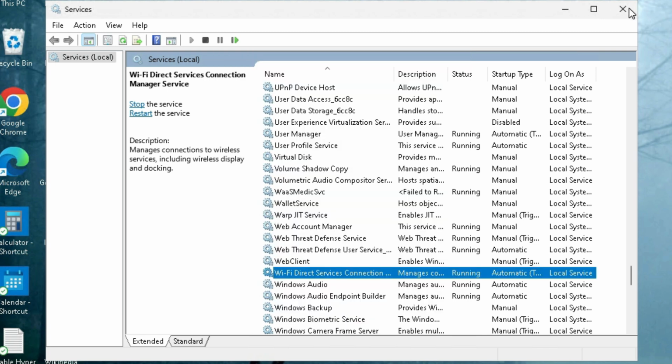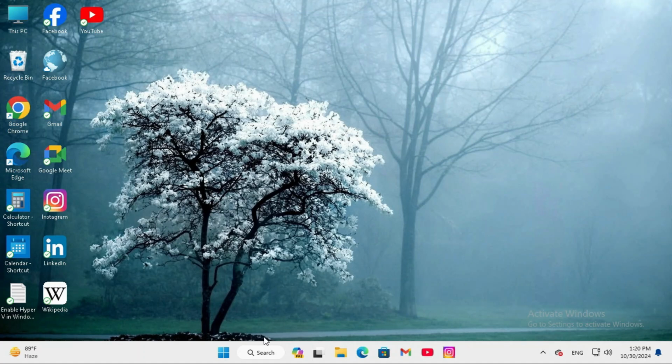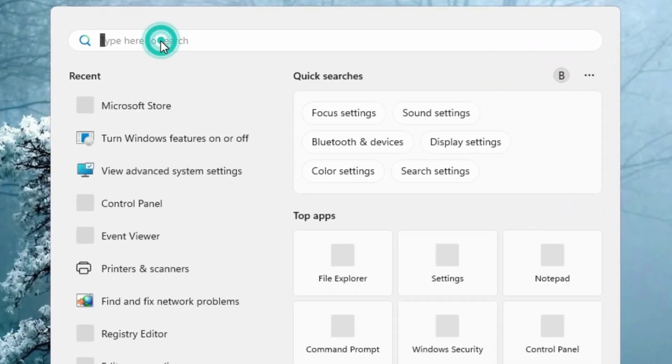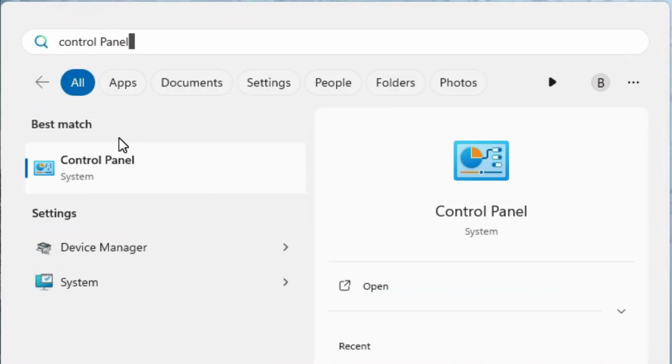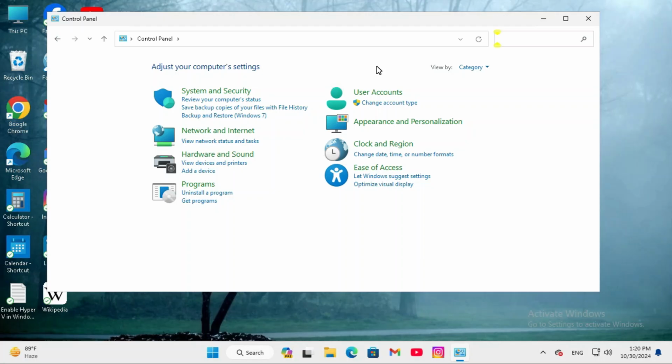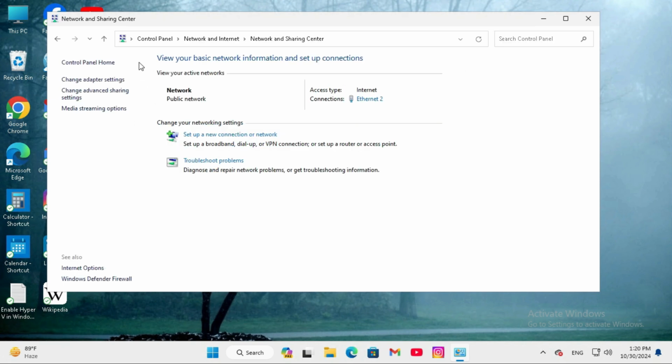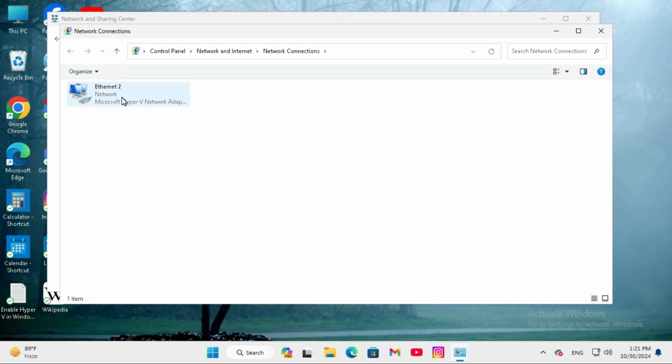Now close services. Now again in search, type control panel, click on control panel. In view by category is selected. Here you will find network and internet. Click on view network status and task, and in left side click on change adapter settings, and here right click